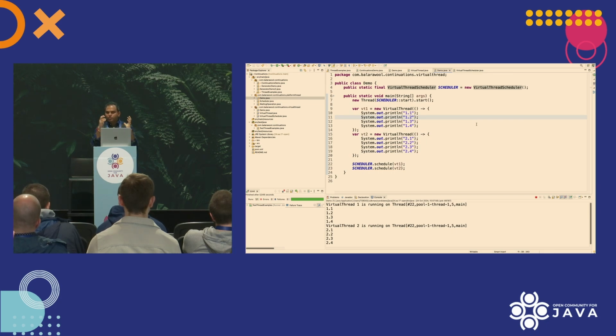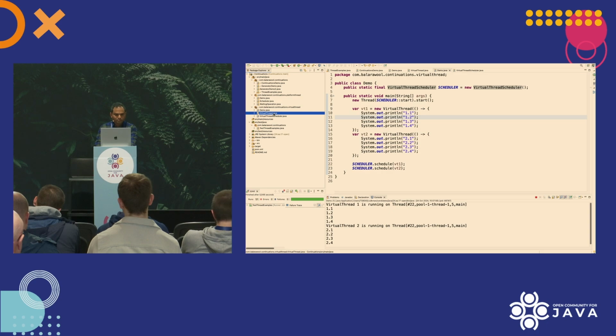When the OpenJDK team implemented virtual threads, they also made the entire OpenJDK aware of this new implementation of virtual thread. So they went through the entire JDK, all those places where blocking calls were happening, and made those places aware of virtual threads so that the virtual thread gives up the platform thread, and it is available for some other virtual thread to use. But we don't have enough time to change the entire JDK for our version of virtual thread. So what are we going to do? We're going to create a small simulation of a blocking call, which will be aware of our own implementation of virtual thread. But before we get there, I want to add one more feature.